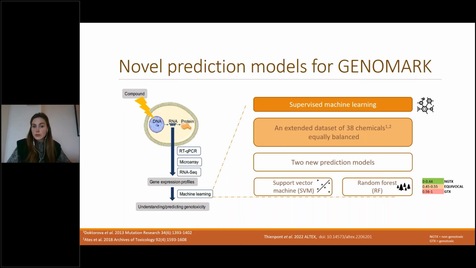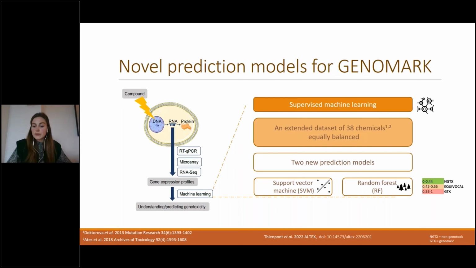So the first algorithm was support vector machine, and the second one was random forest to develop a new prediction model. Both prediction models give an output or prediction score for genotoxicity between 0 and 1. And when the chemical has a probability prediction score below 0.45, the chemical is classified as non-genotoxic. Having a probability prediction higher than 0.56, the chemical is classified as genotoxic. When having a probability prediction in between, or when both models have a different probability prediction, the chemical is classified